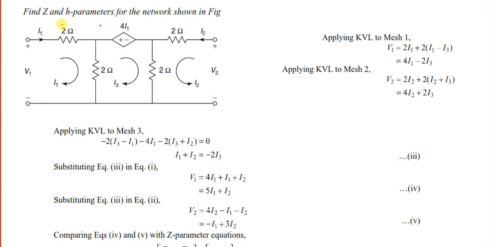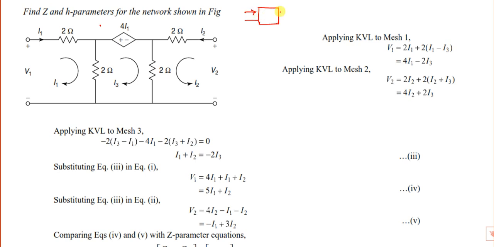Find Z and H parameters, hybrid parameters for the network shown in figure. In this, a dependent source is there, and three meshes are there. First you have to write the direction in the two-port network. I am telling again and again, in the two-port network, if you remember,